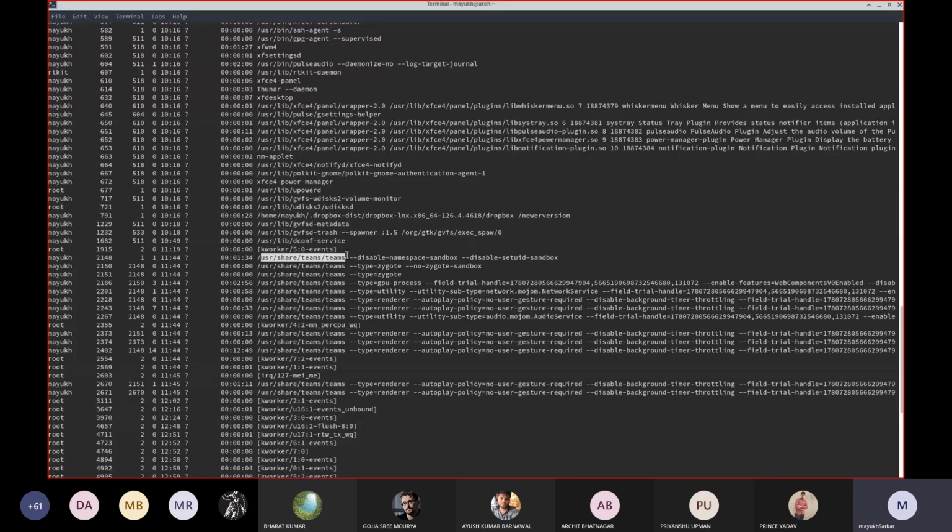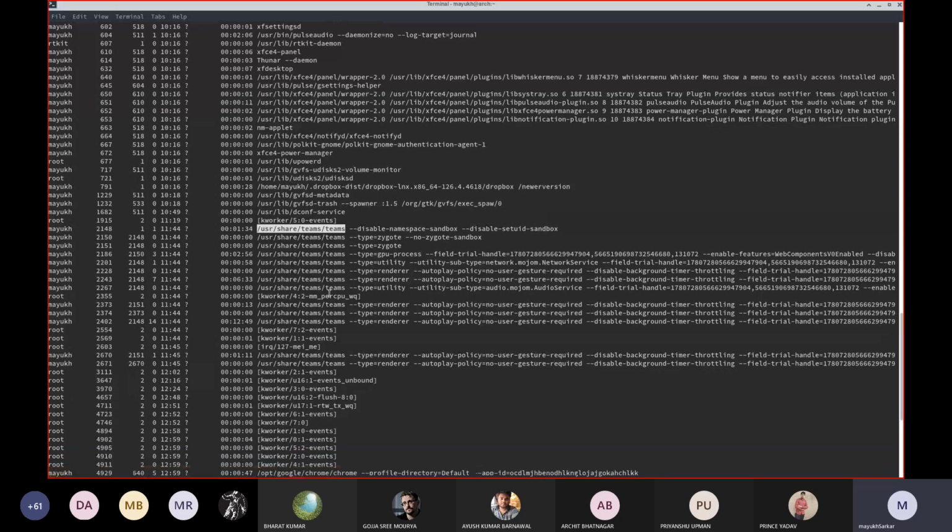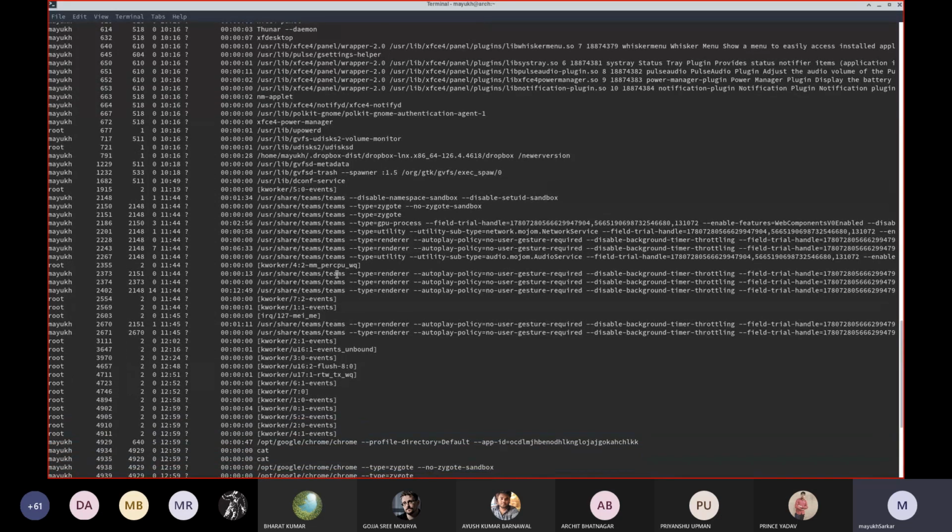Maybe two of them are children of the first Teams process that started the GUI of Teams. The rest are the children of those new processes, and so on. Whatever it is, they are descendants of the first Teams process that got started. So that's why you're seeing so many Teams processes running here.